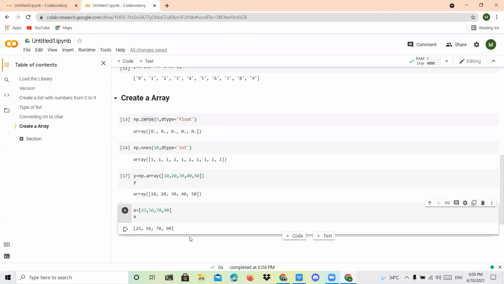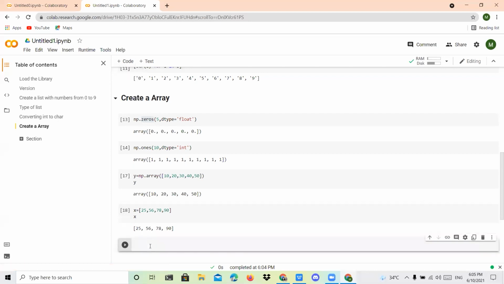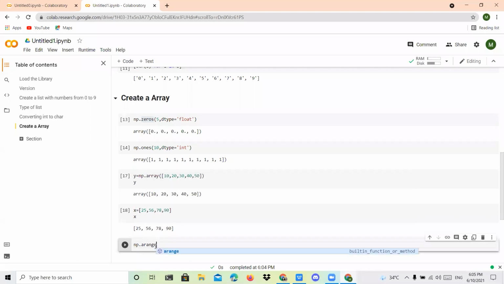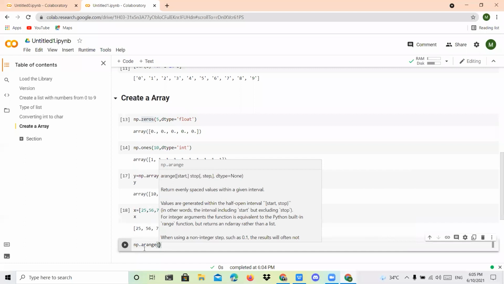One more concept we have is range. Range is also used for the creation of an array. You can give it as np.arange, not arrange, this is called range.